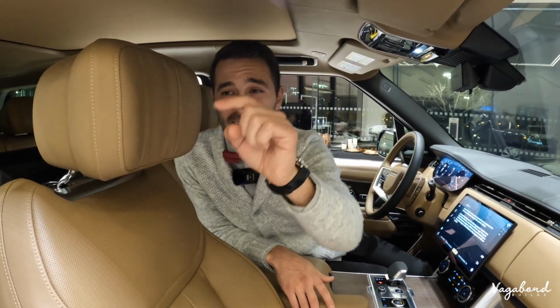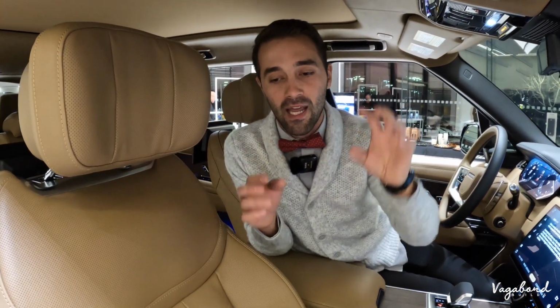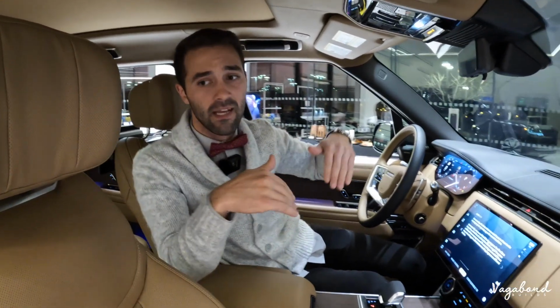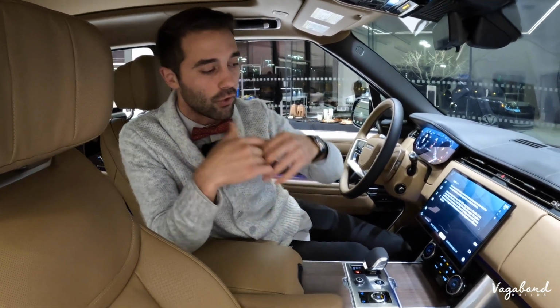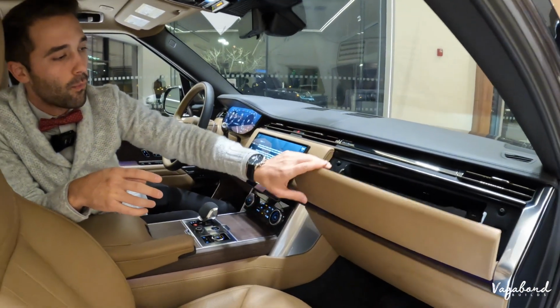And another thing is you do have the noise cancellation speakers inside this headrest. And that is a great option, in that it quiets down the car so you won't hear anything. It dampens the sound from the outside to the inside, making it just a better feel on the inside, so you're hearing each other in your conversations. By the push of a button, you have more personal room